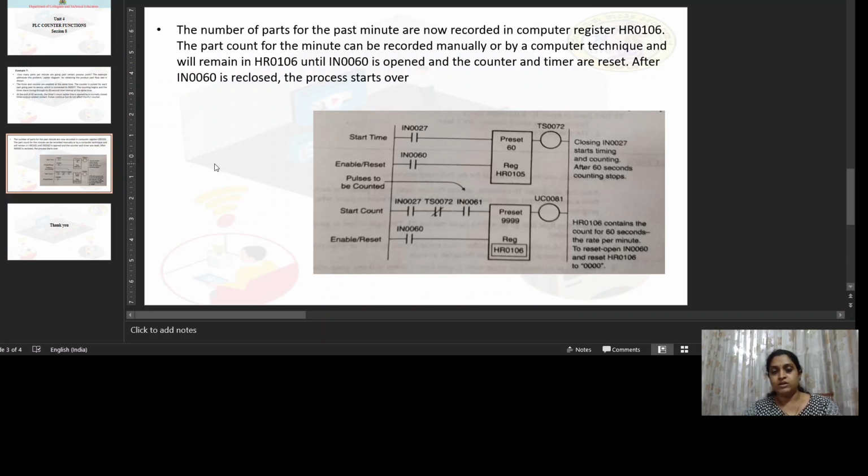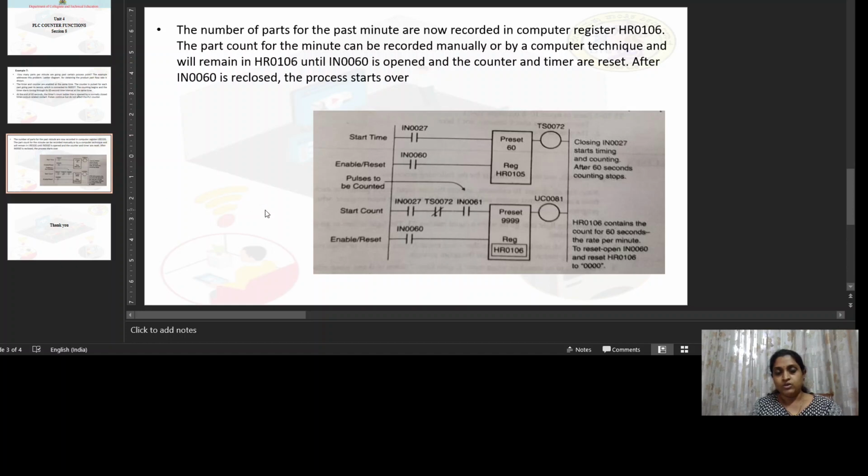We are taking a higher limit because the output of the counter is nowhere used in the ladder programming, and it is irrelevant. Therefore, the preset value for the counter is arbitrarily set at the maximum value.